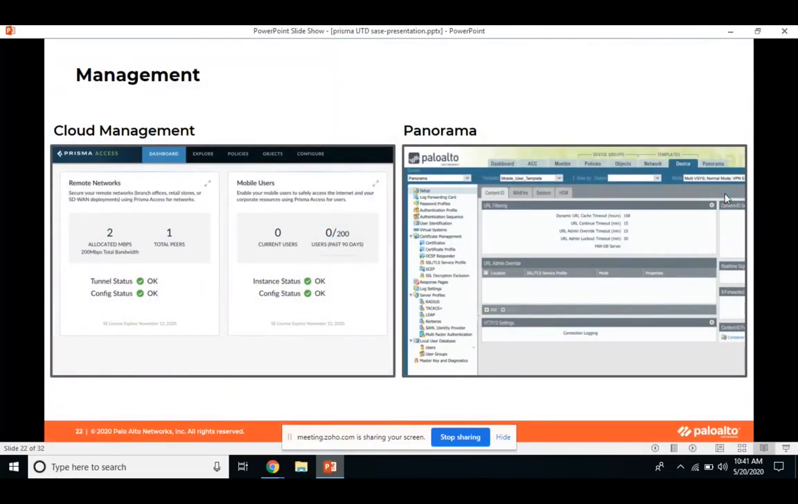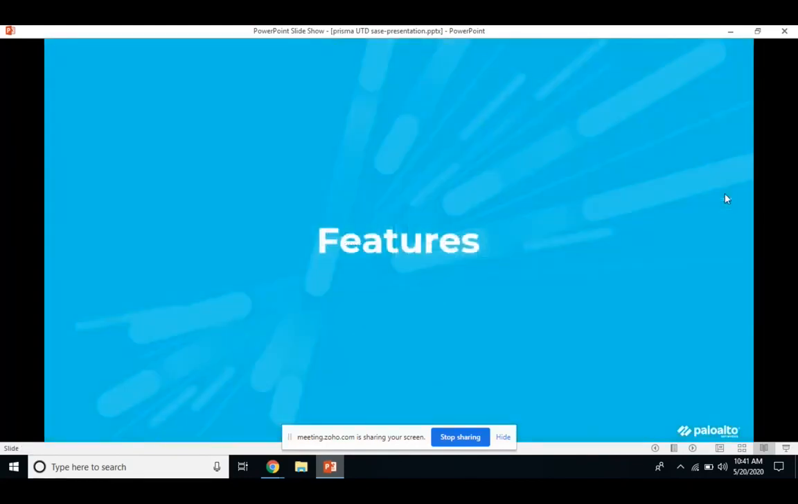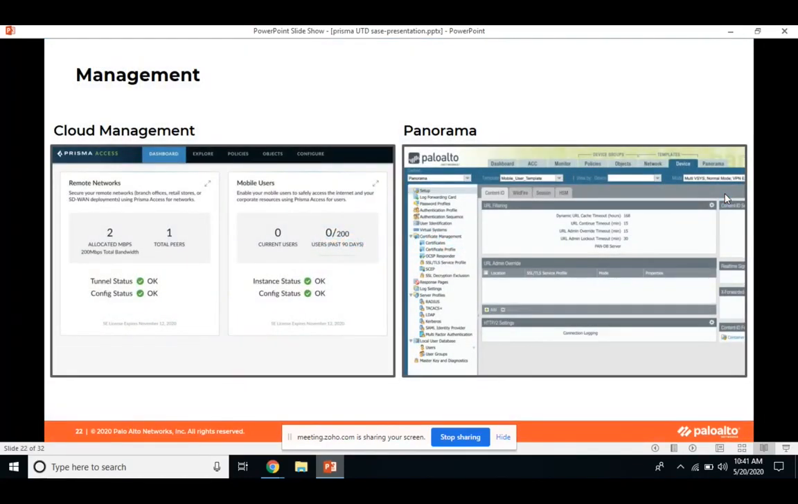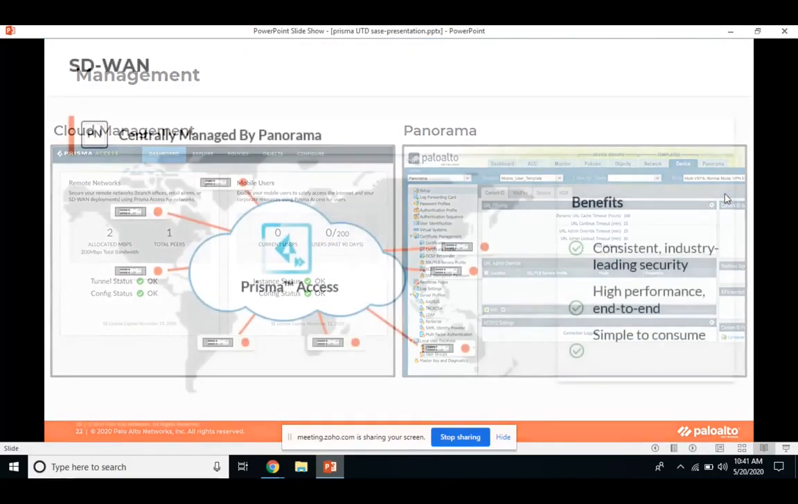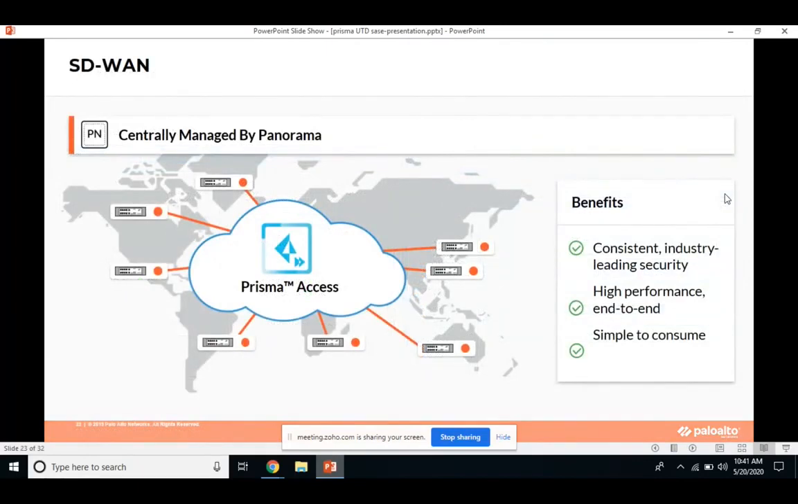So going deep into the features, like we discussed, there is Panorama access for Prisma Access on cloud and on the prem. You can opt for any one, depending upon your setup. So you get, when you have on cloud Prisma Access,